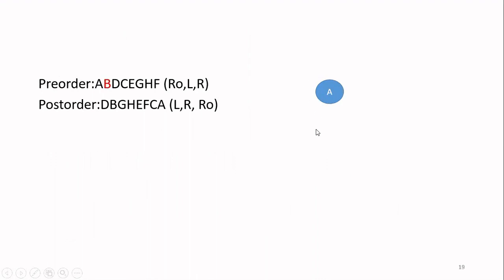So what is my next step? My next step is I have to go to the pre-order. I should identify what is the successor of this particular root node. So root node is A. Go to the pre-order. Identify the successor of the root node A. That is B. Now take this B. Then go to the post-order. Travel from the left till this B, and whatever comes, those will form the left subtree. So here I'm starting from the left from the post-order. Whatever comes till B including D, that will be the left subtree. That is D and B will be the left subtree.